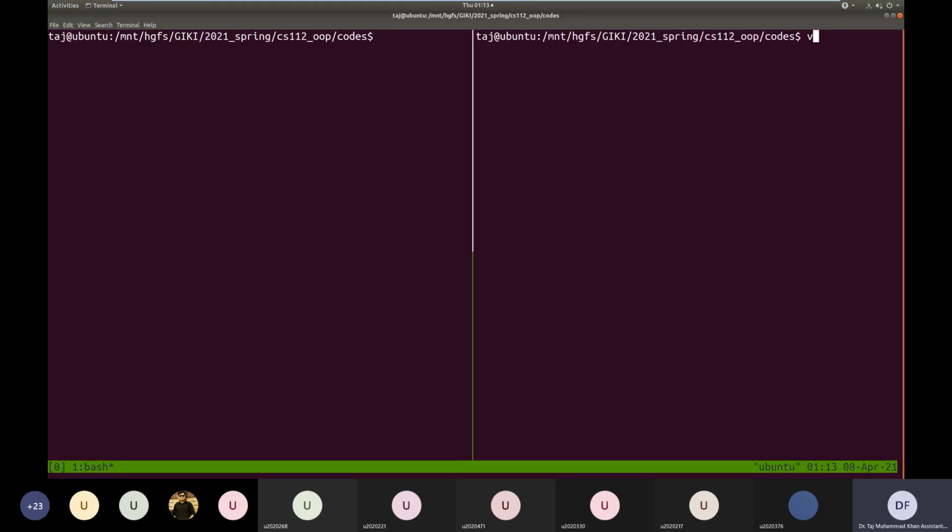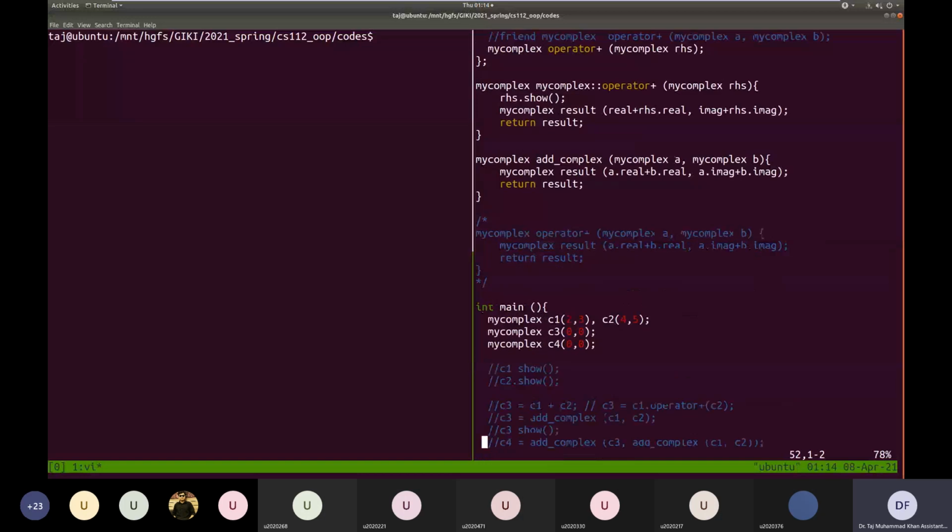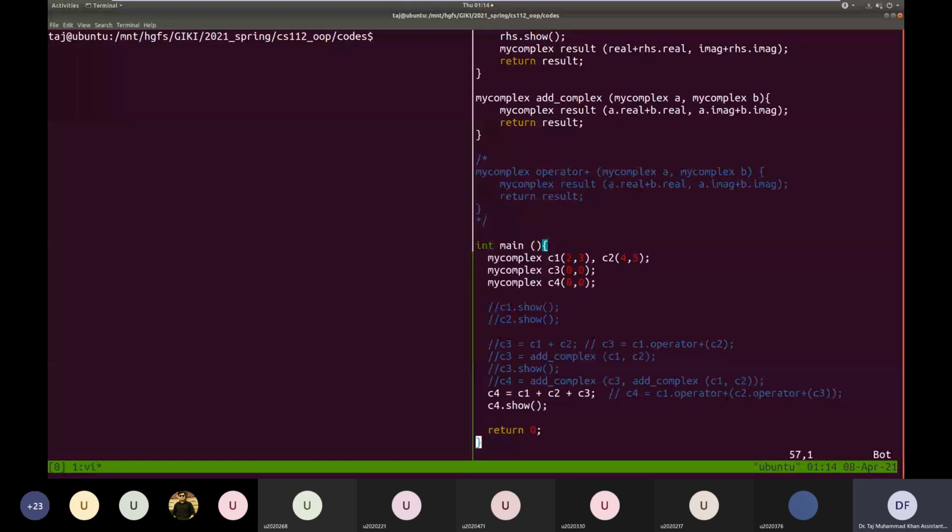Okay, it's called my complex. So here basically, first it has printed 4 plus 5. 4, 5, this is C2. So yes, I'm sorry, I was wrong.